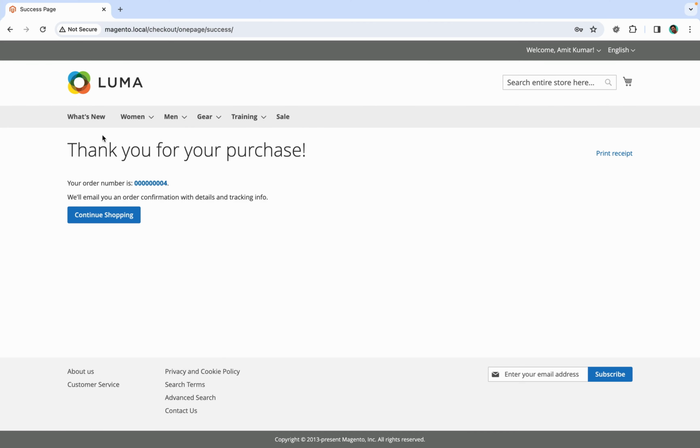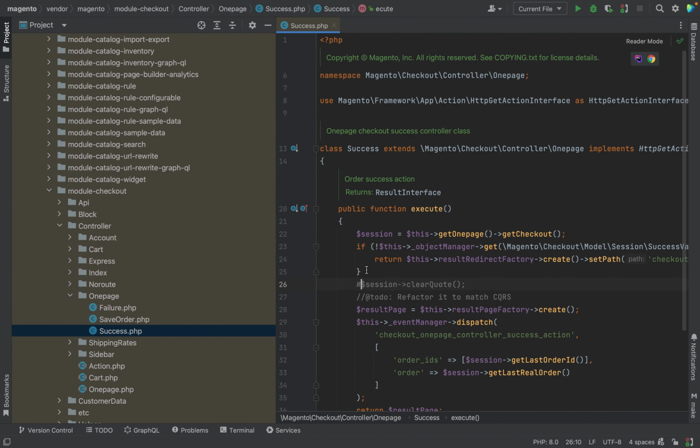Now we can debug our issue here and we can see what is going wrong, or we can style the page as per the design and refresh again and again. Still we will remain on the order success page. So this is a quick hack to debug the order success page. Now once you are done with debugging or styling, go back to your project and uncomment this code and you are done. Thank you.